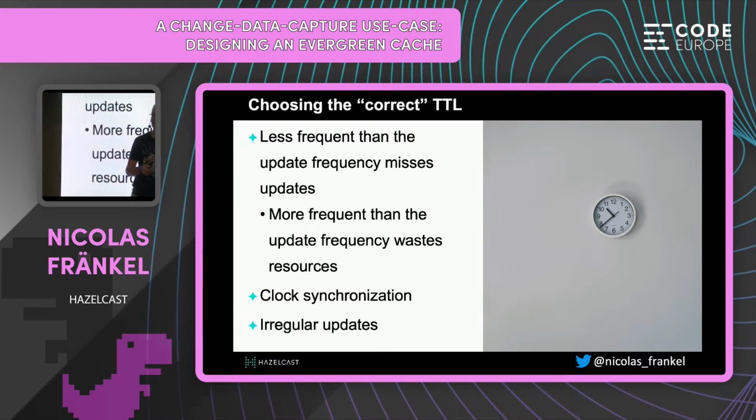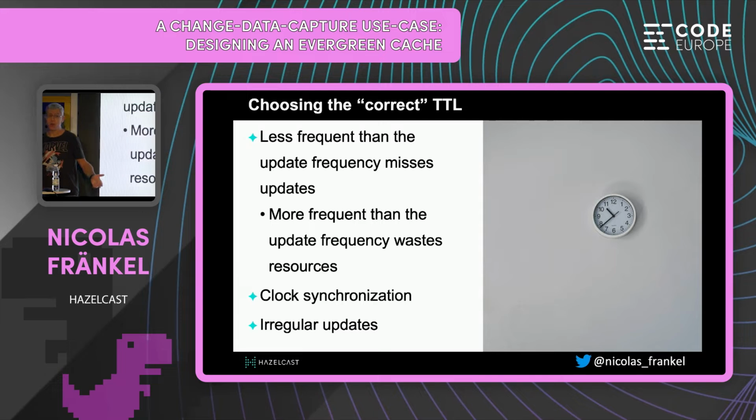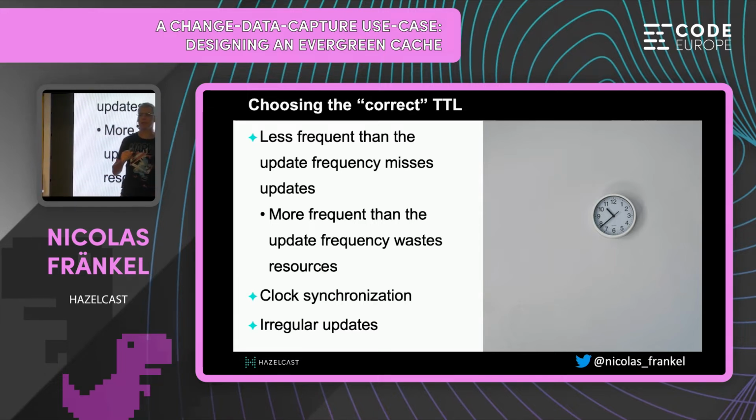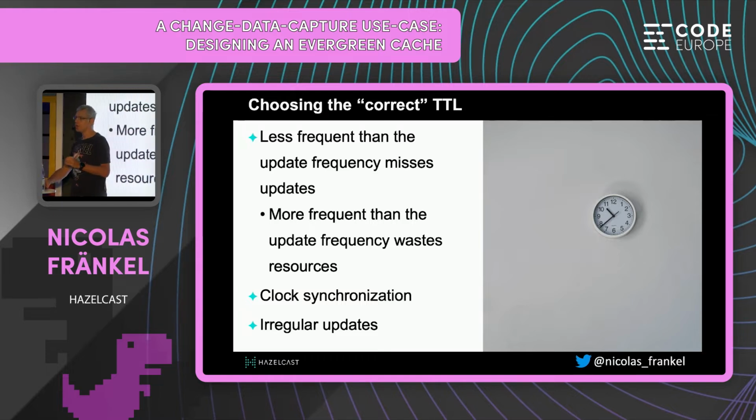So the correct answer in that case is, hey, come on, folks. An hour, thanks. That was hard. Huh? You must be an engineer. Yeah, an hour. But it's a bit more involved than that. Because the problem is only if you put the entry every hour. And in general, you don't do that. You get the entry from the cache when you fetch the data, which actually, you don't know. It depends on the usage. So in that case, we should remove the time to live and say, let's go